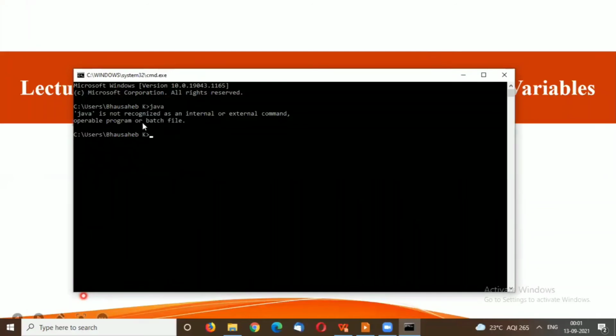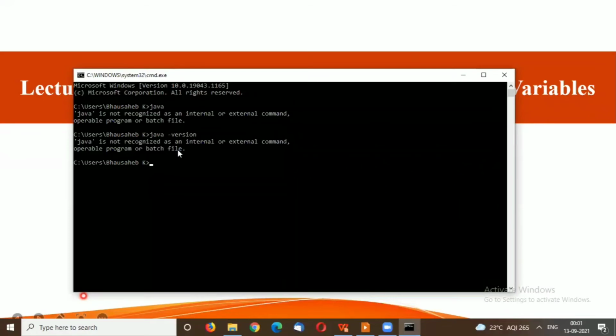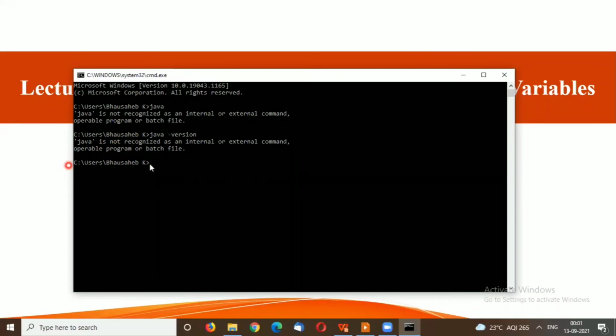If it shows some Java output, then Java is installed in your machine. Then run one more command, java -version. If it shows any version here in CMD, it means that version of Java is installed in your machine.